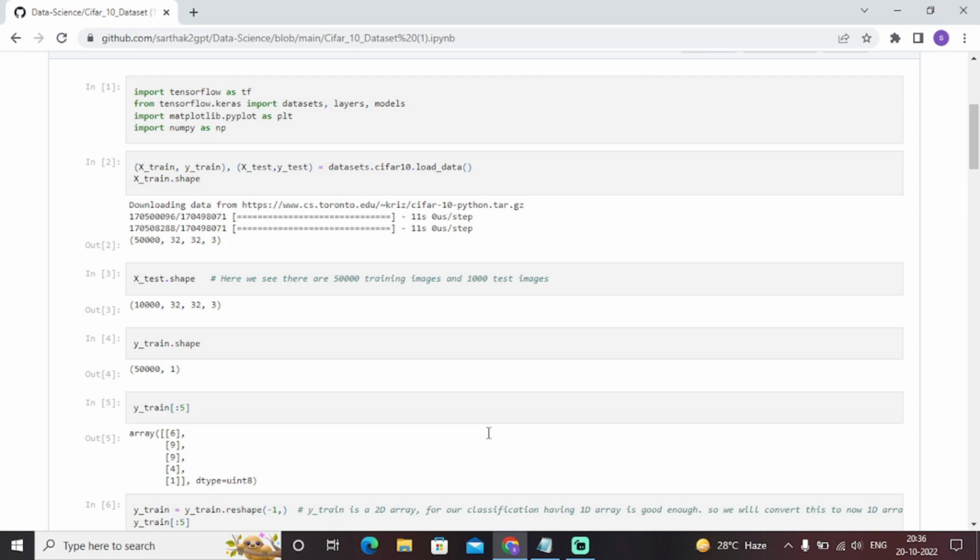Python calculations. Then, the CIFAR 10 dataset is the most commonly used and popular dataset, so you can directly load the dataset in the Jupyter notebook through this particular code: xtrain, ytrain, xtest, ytest equals datasets.cifar10.load_data. CIFAR 10 is a built-in dataset. You don't need to download it externally on your PC. You can use it directly in the Jupyter notebook, as it is the most commonly and popularly used dataset to train